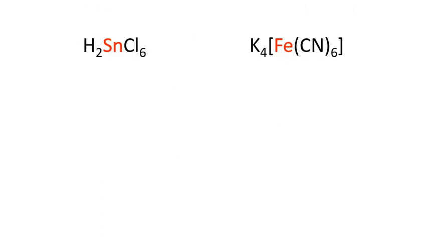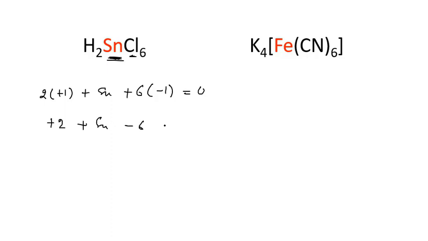Now the next compounds are there. In this case you have to calculate the oxidation number of tin. Well, let's carry on. Hydrogen is attached to non-metals and it shows +1 oxidation number. Then here we have 2, and here we have +1. It is a neutral compound, so the total oxidation number will always be equal to 0. Well, 6 halogen, this is chlorine, and a halogen's oxidation number in general is always -1. It is a neutral compound, equal to 0. Well, here is +2, then here we have 10, and -6 is equal to 0.